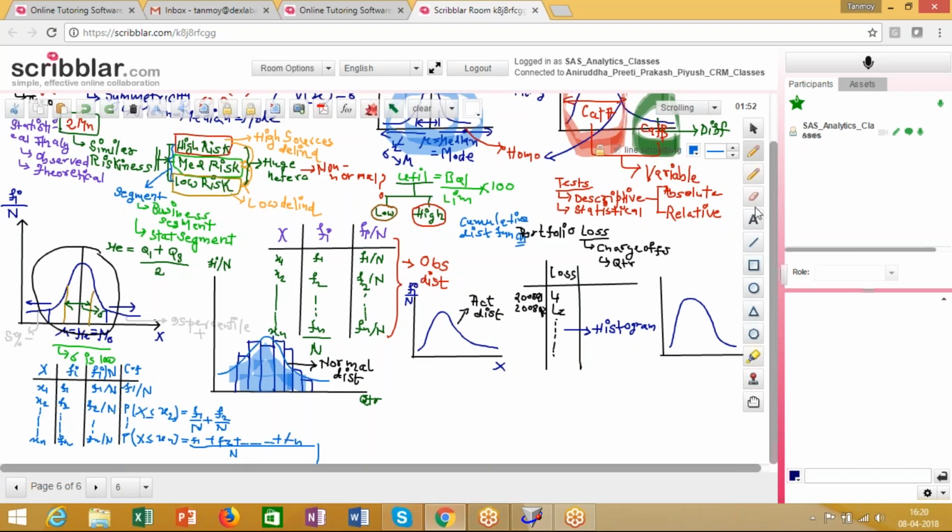Therefore, what we get over here is that this is equal to 1. So the cumulative distribution function does nothing but give me an idea about the probability of x less than or equal to xi. So if I draw this graph,